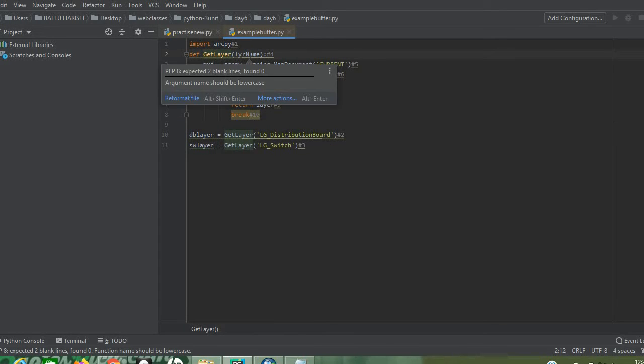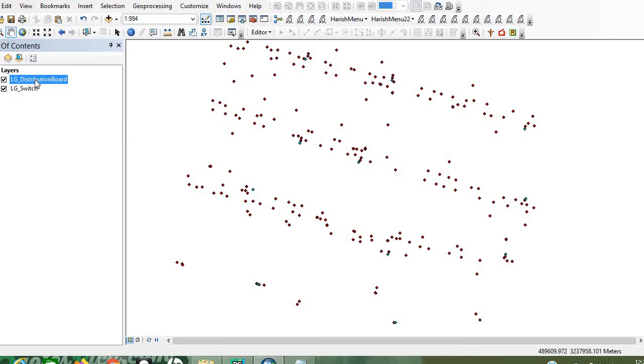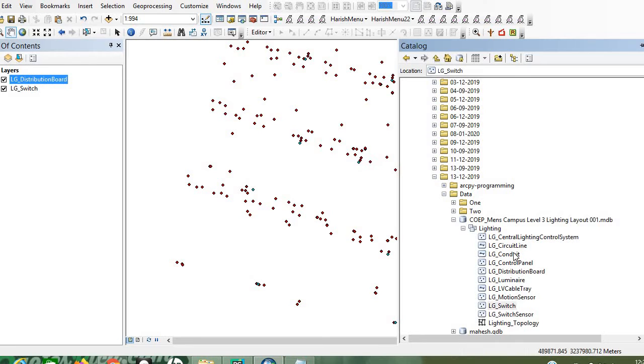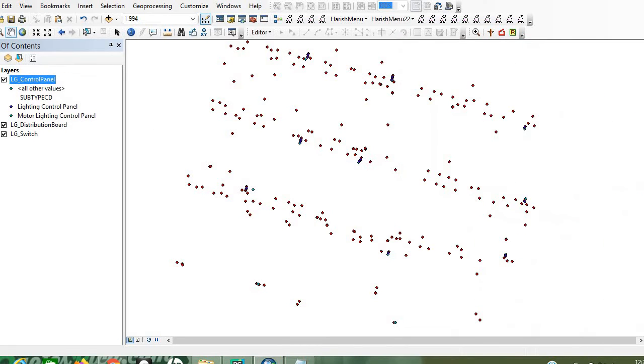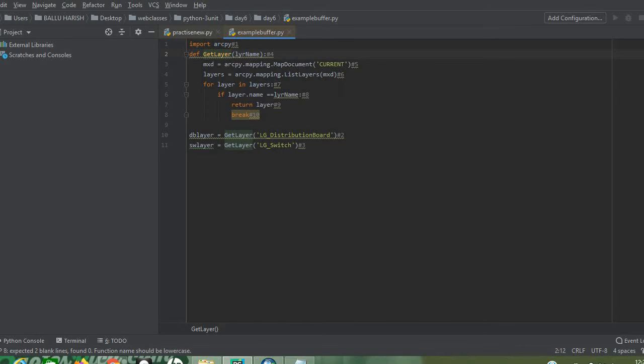Here, using the layer name, it will check whether the layers loaded in the ArcMap are the layers that we want or not. If suppose here I can load one more layer also, some LG control panel. This particular ArcMap may have 3 different layers, but actually we need to work with only 2 layers: LG distributed board and LG switch. At that time PyCharm needs to completely ignore the control panel. How can it ignore? Using this method only, the call function method only.